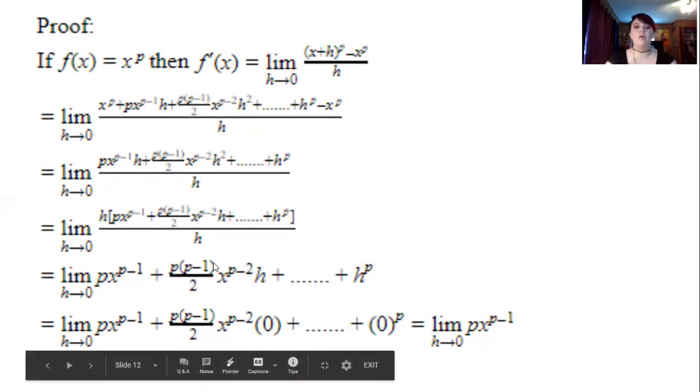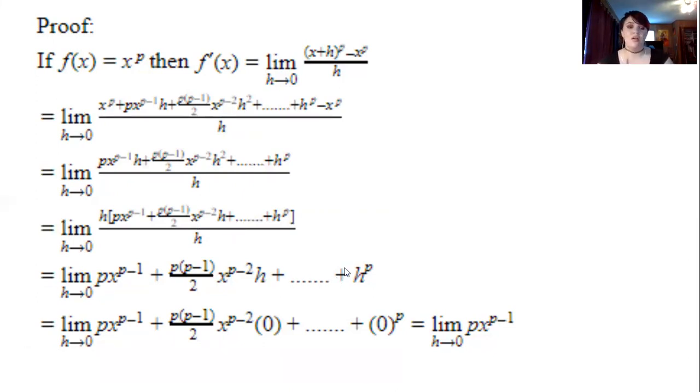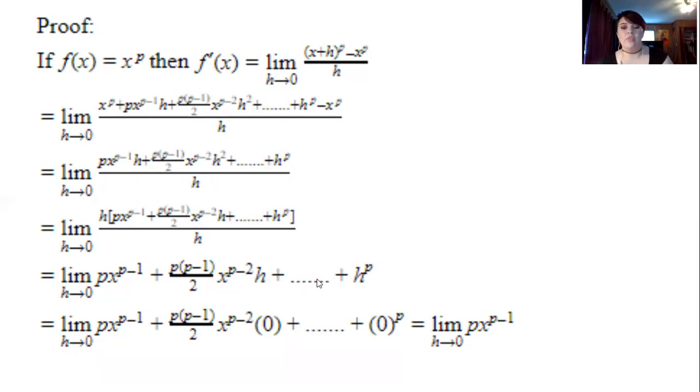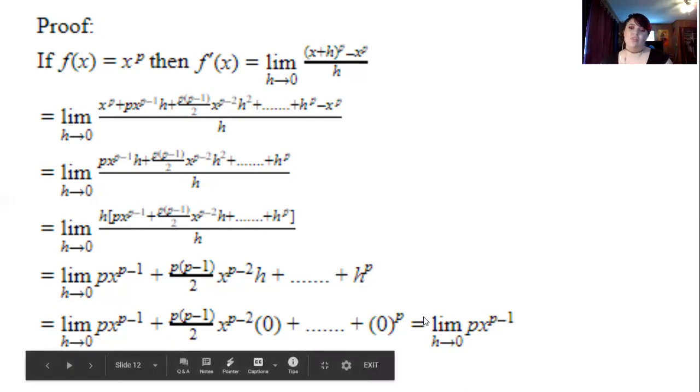It's multiplied by 0, it becomes 0. All of this, plus blah, blah, blah terms, are multiplied by 0 because h is being substituted in with 0. And this is also substituted in as 0, leaving us with the limit as h approaches 0 of